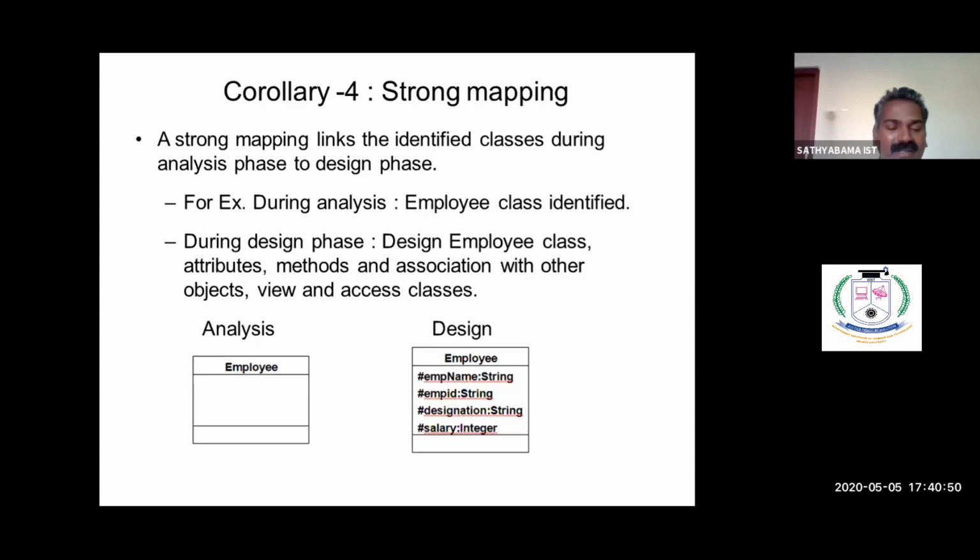For example, the employee class is identified at the analysis stage, and at the design stage, the class name employee is also there. We have a list of attributes: employee name, employee ID, designation, salary, all defined, along with the protocol type and data type of each attribute.